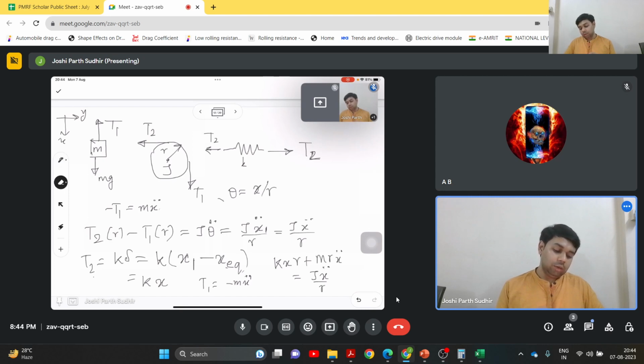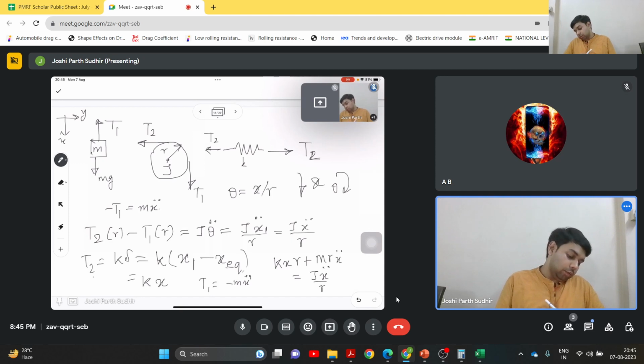If we consider that our displacement downward is positive, then that will cause a clockwise rotation of the mass. But we are saying that anti-clockwise rotation is positive, so if we follow that convention, then this relation will actually be theta is equal to minus x by r,